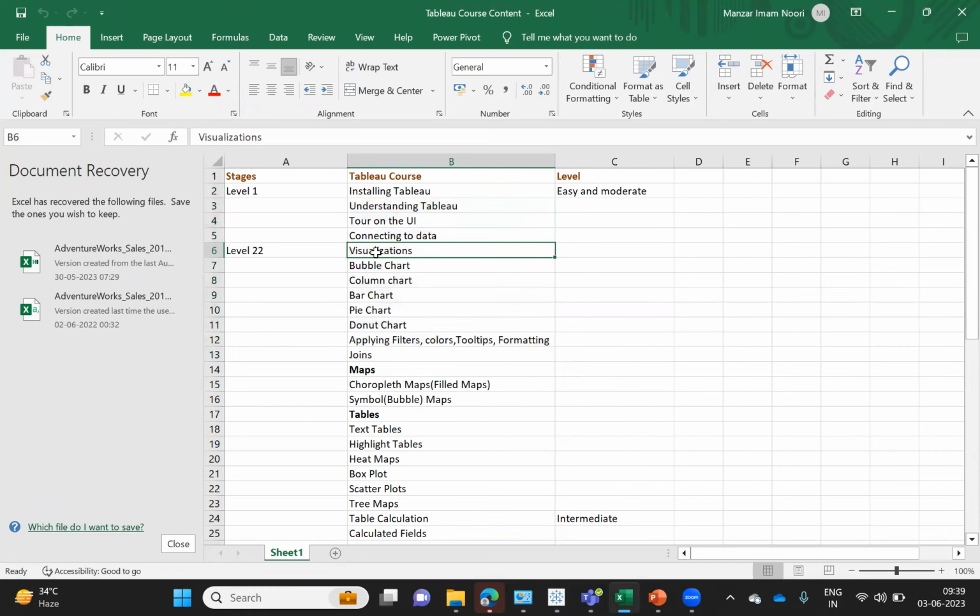We'll cover how you can connect to different data sources, different visualizations, and the joins, how you can create joins between tables or model your data. Then we have the blending of data.